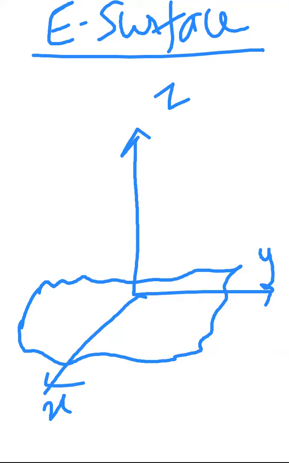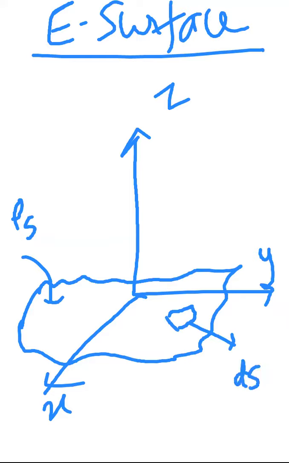So again, what is the charge density? You should know, as it is a surface charge, the charge density is rho s. Once you take some small elementary surface, some small region in the base plane, we will call that region ds.